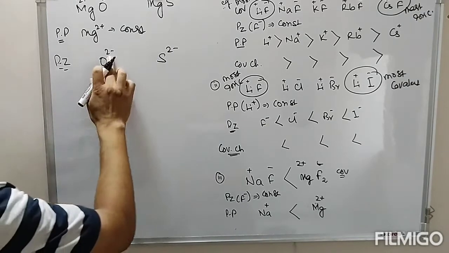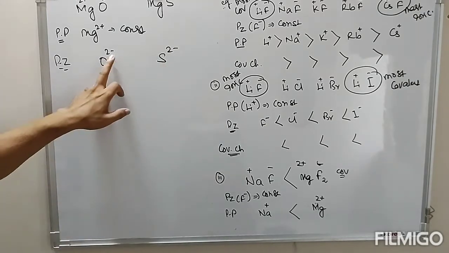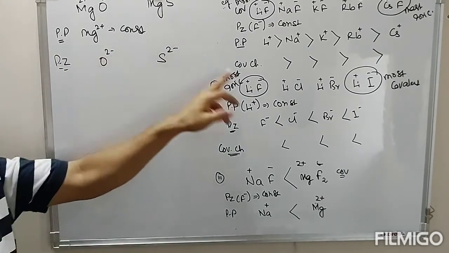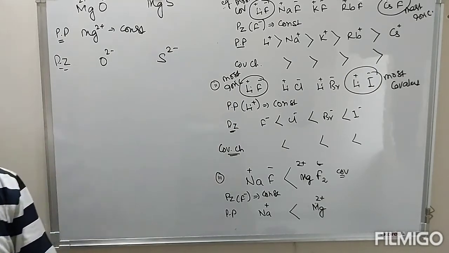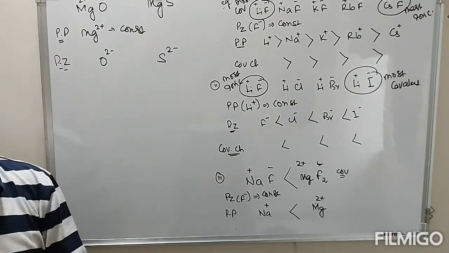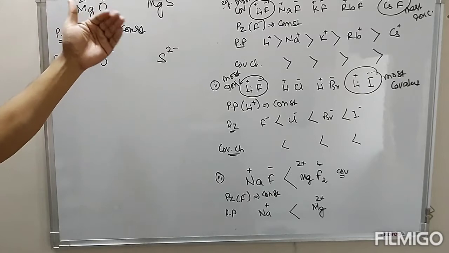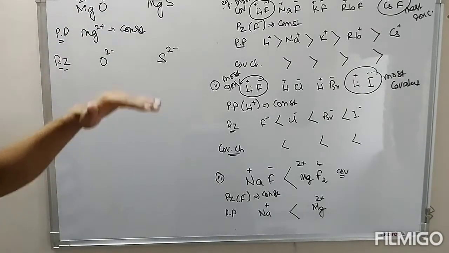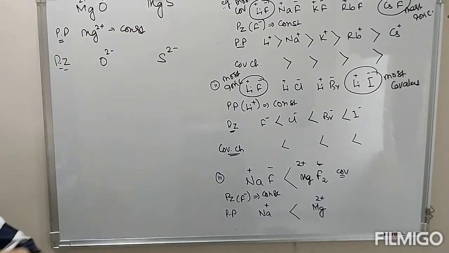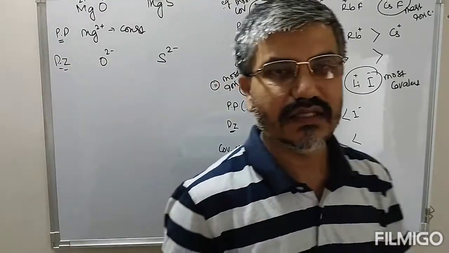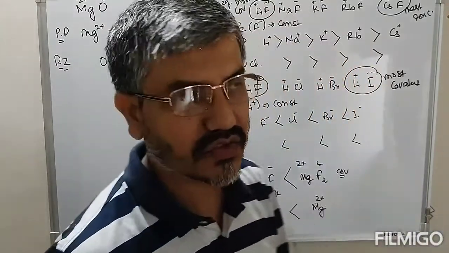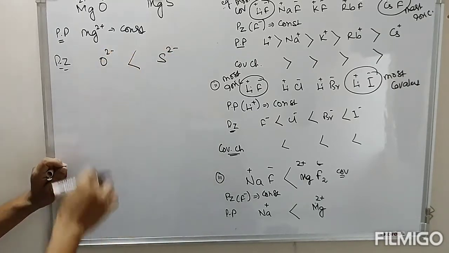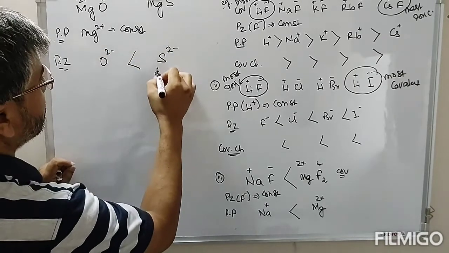Now if you look at this, charges on this anion is same, so we cannot differentiate the polarizability of the anion with respect to the charge, because we have plus 2 plus 2. But we can have the difference in size. So moving from oxygen to sulfur down the group, oxygen, sulfur, selenium, tellurium, down the group size increases. So as the size increases, the polarizability of anion also increases. So therefore the polarizability of sulfide ion is more than that of oxide ion due to